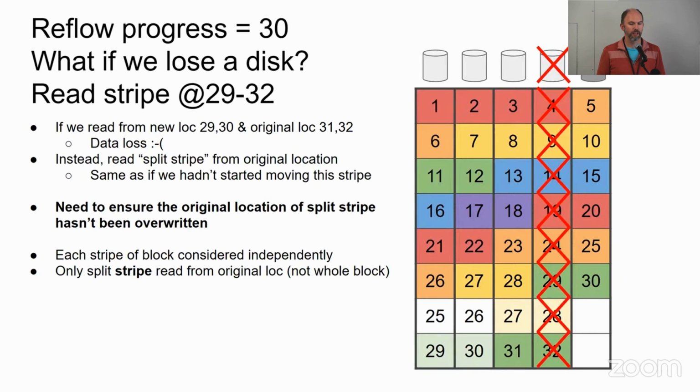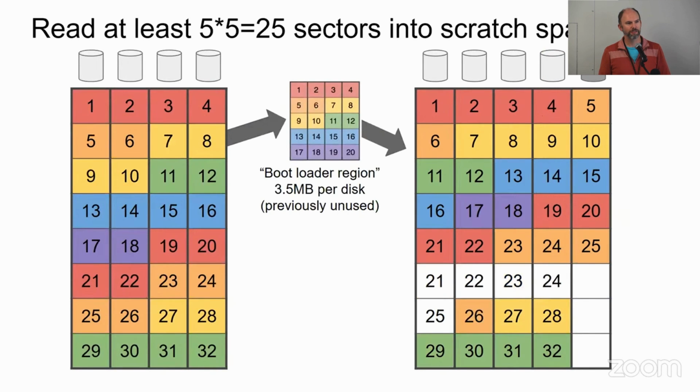So that's great. But what about at the very beginning? At the very beginning, you have a problem where the separation is only 1 because I added 1 disk and I have 1 free sector there, and I can only move 1 sector at a time. So I might end up having to overwrite within that same block, even though it's only 4 sectors that I have to keep intact at a time, one of them still might be overwritten. So we have a special case that happens just at the very beginning of the expansion where we read a